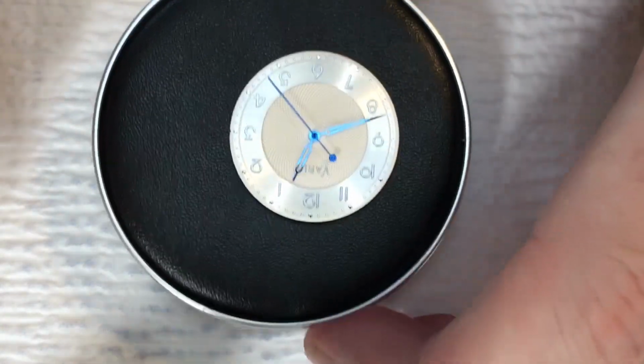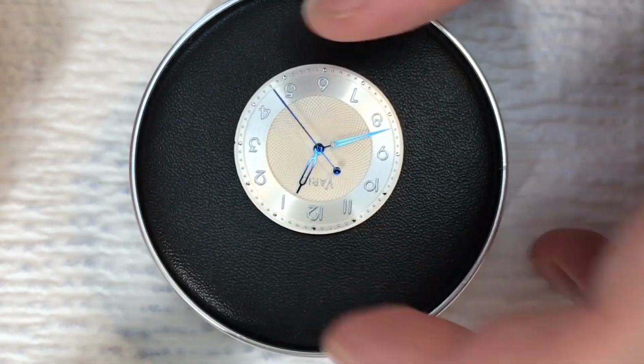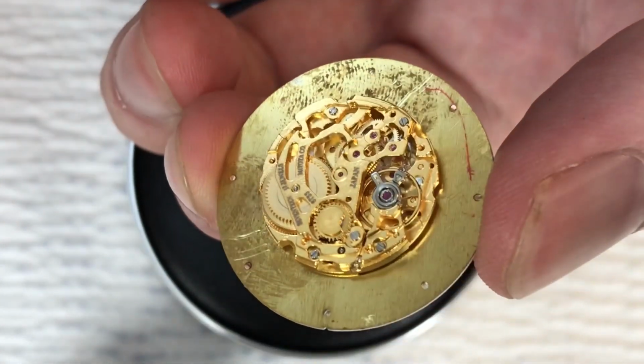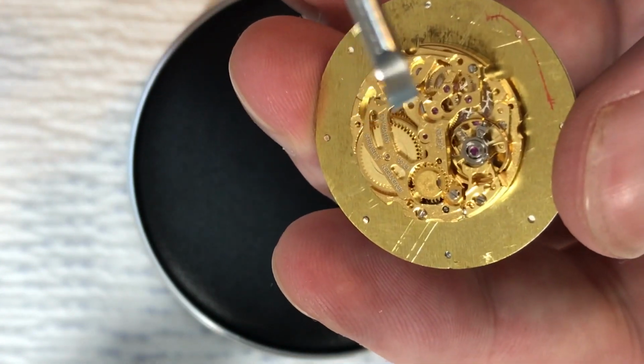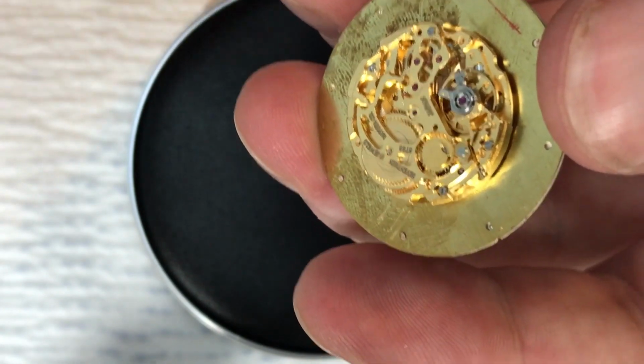Now I have the movement and the dial. I'm not super concerned about the back of this right now because remember, this one's broken. I'm not exactly sure what's wrong with it. A little earlier I described the behavior of the movement in its broken state. A couple of possibilities. I've seen that sort of behavior in some other